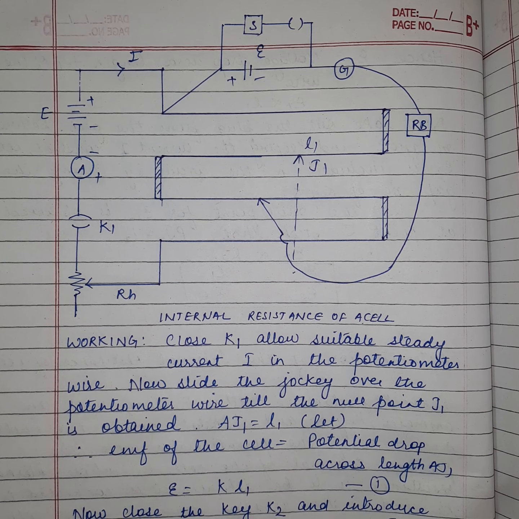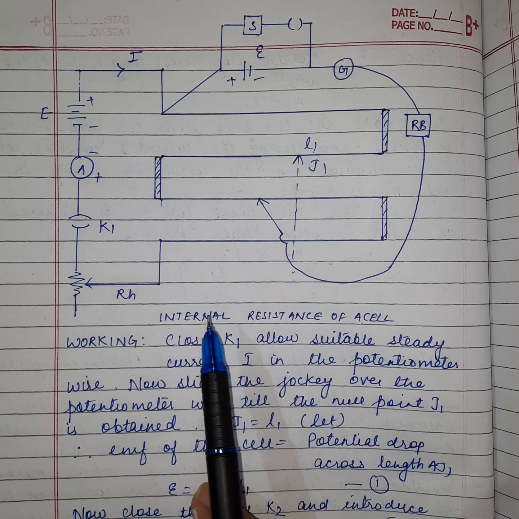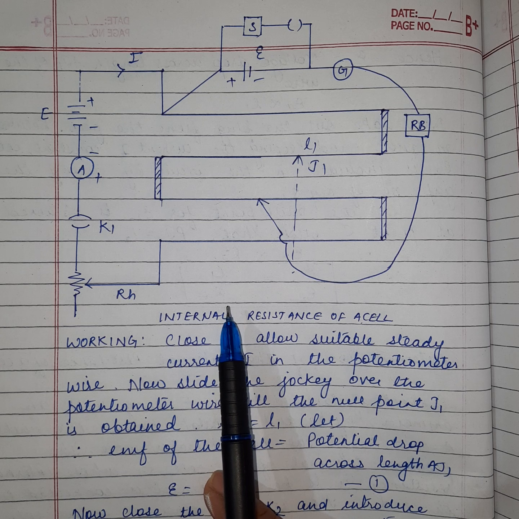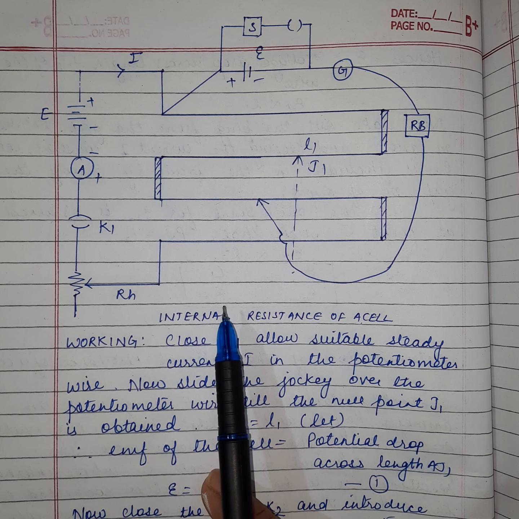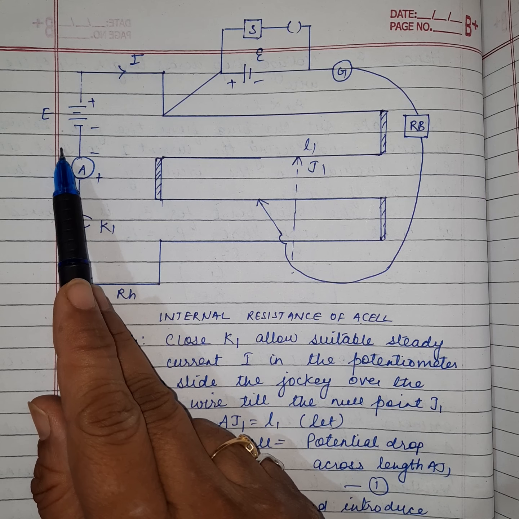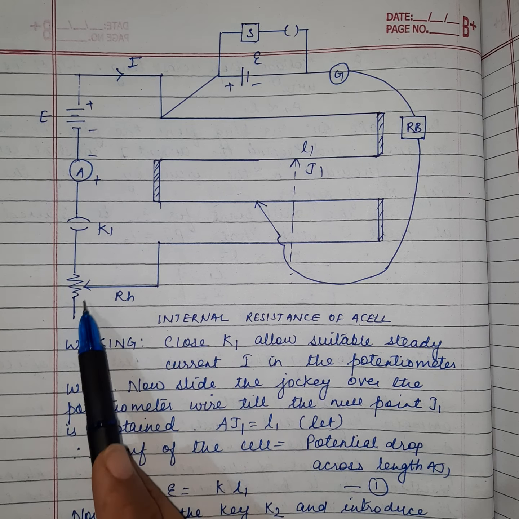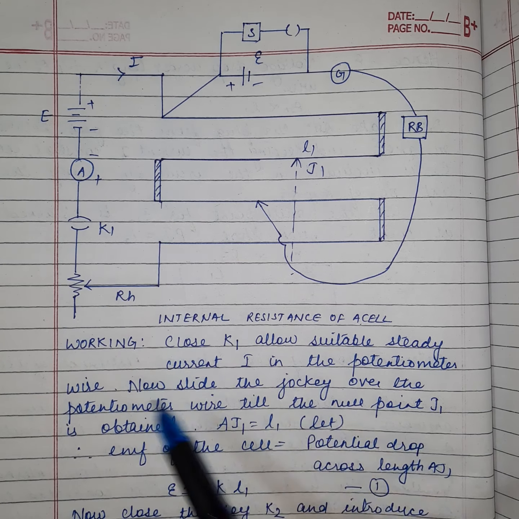Next application is to determine the internal resistance of a cell. So this is the circuit diagram for finding out the internal resistance of a cell. In this, connect a standard battery E along with an ammeter, a key K1 and a rheostat across the ends A and B